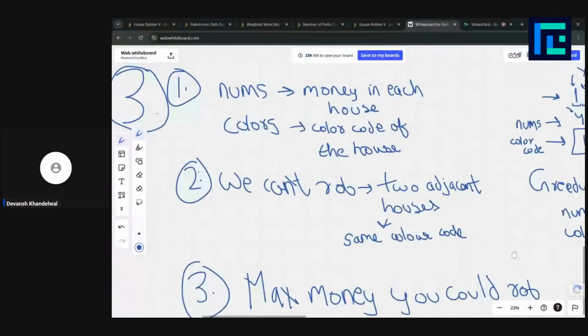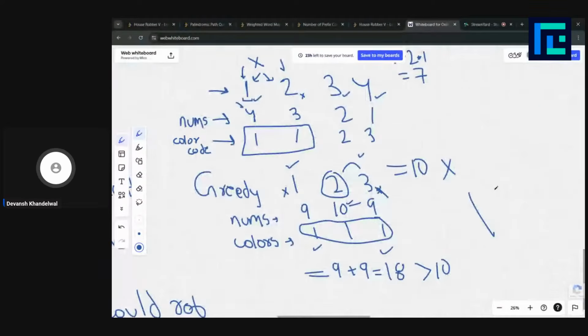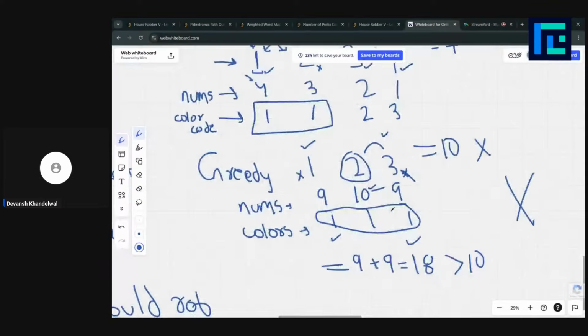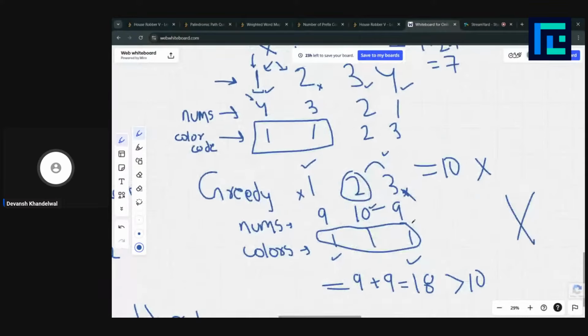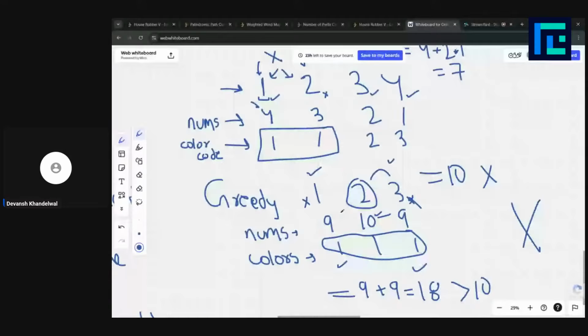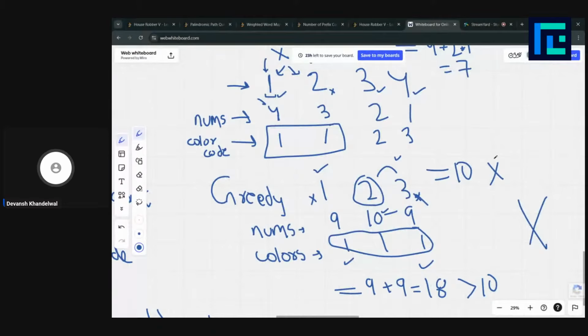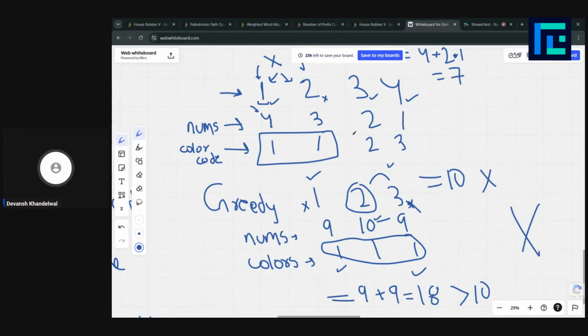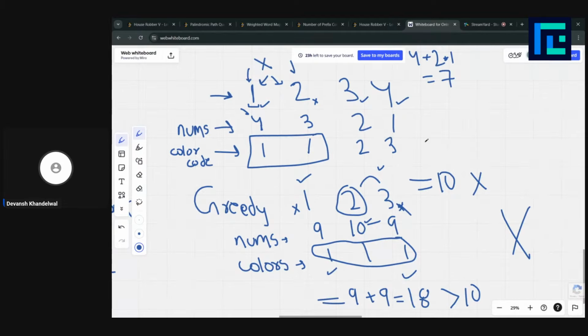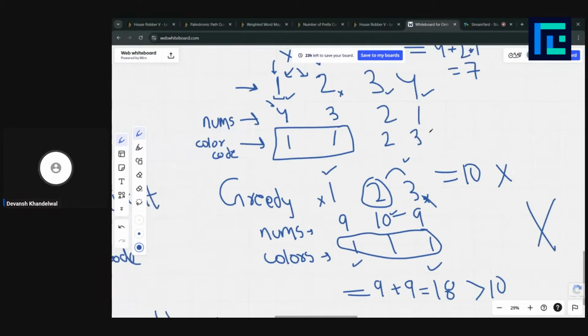Right. So that means that greedy wouldn't work. Whenever we reach a state where greedy doesn't work, you can think in terms of recursion or dynamic programming, or whether we need to change some formula. Greedy wouldn't work this way if we go from the highest to the lowest. Let's think about how we are going to solve the problem then. How can you solve the problem in the brute force way?